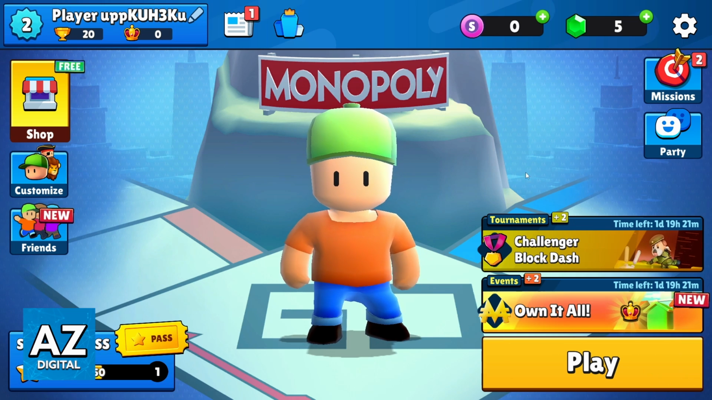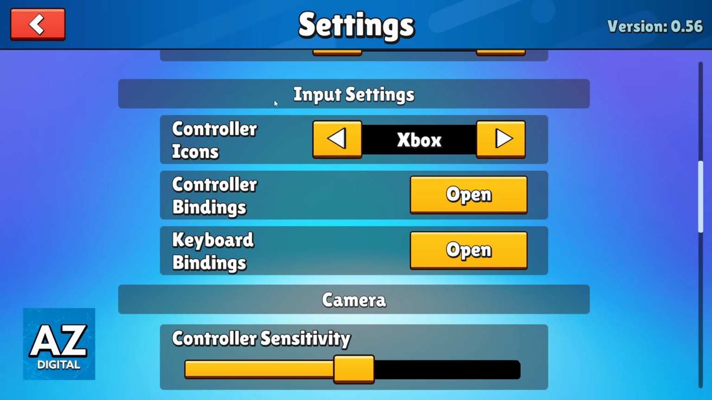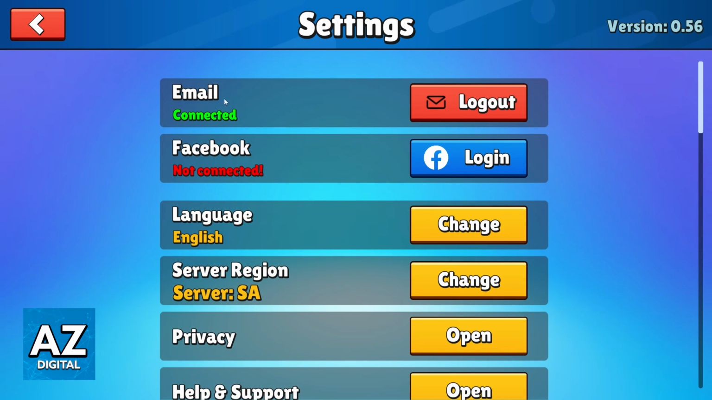So, as you can see, you can click on this gear in the top right corner here, and you go to the settings page. So, if you swipe your screen to the top, you'll be able to see this section right here, email or Facebook. So, if you made the login with email or your Facebook, you can just click on this button right here,